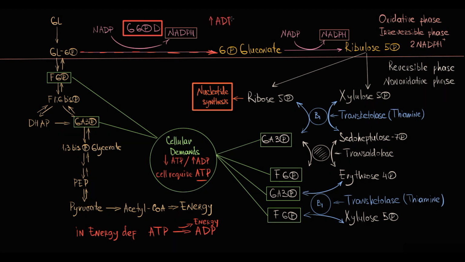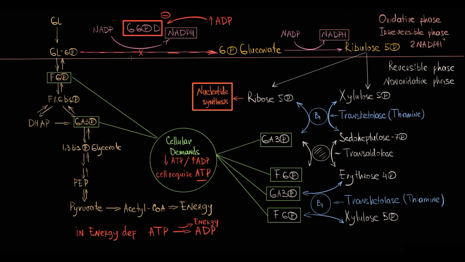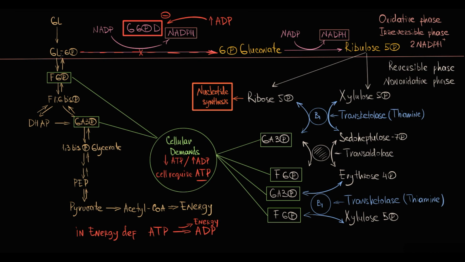So a high ADP level decreases the activity of glucose 6-phosphate dehydrogenase, and inhibition of the shunt basically leaves glucose for glycolysis, and the increase in the amount of glucose that undergoes glycolysis increases energy production, thereby correcting